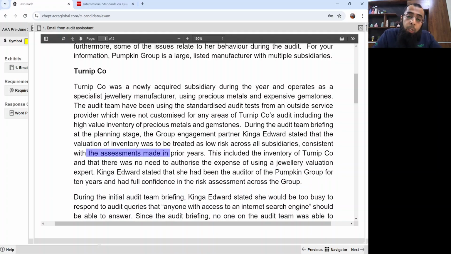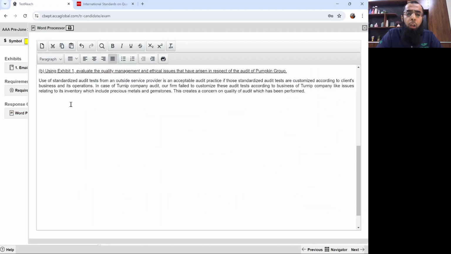Those areas which were low risk in the previous year may become high risk in the current year. So, first of all, reliance on the prior year risk assessment was not a good approach. And secondly, Turnip Company was a new subsidiary. So, for this specifically, relying on previous year risk assessment was not a good approach. Okay, now, audit partner